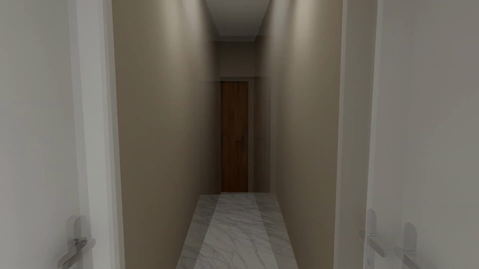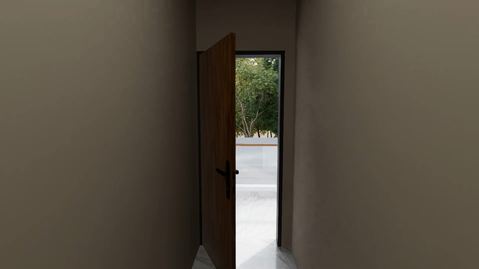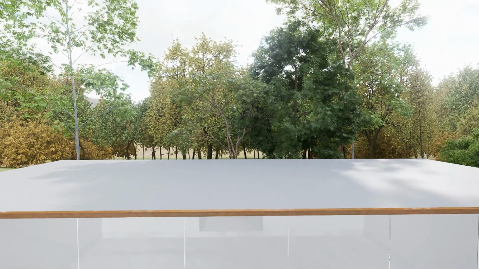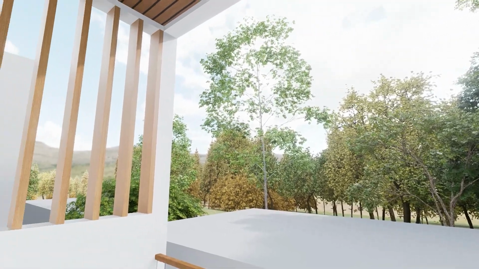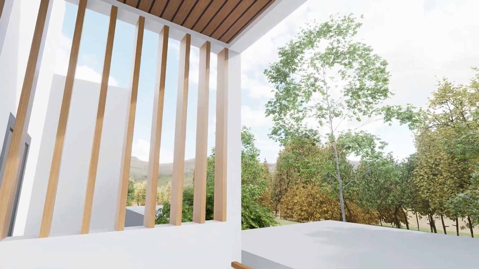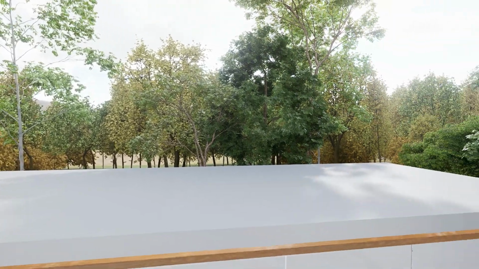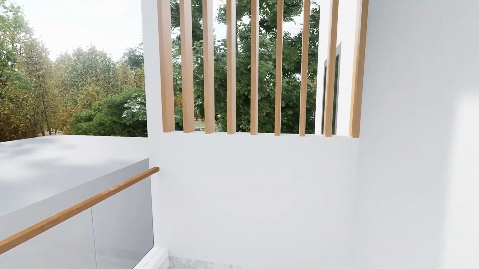If we walk to the end of the hallway, there is a door to access the back balcony. The main function of the back balcony is actually to place the outdoor AC units connected to my kids' bedrooms. For your information, I have 5 kids, alhamdulillah, 4 girls and 1 boy.